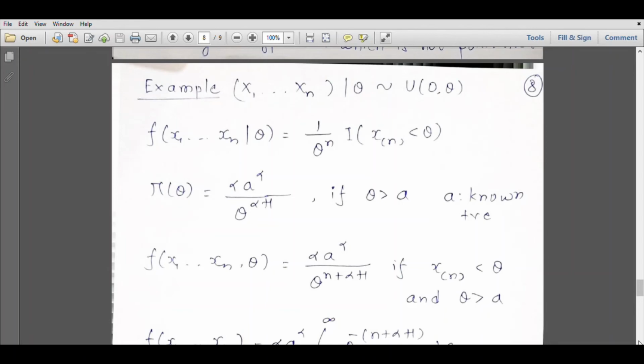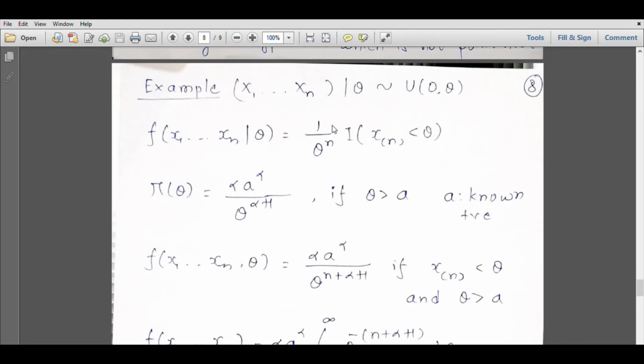Now suppose that instead of the exponential family, we have a sample from another family of distributions, that is, the Pitman family of distributions. You might have studied Pitman family of distributions while studying statistical inference in the second semester. So uniform(0, theta) is one such distribution. Suppose you have a random sample of size n from the uniform(0, theta) distribution, then the joint distribution of the xi given theta will be like this, where the maximum of the xi must be less than theta.